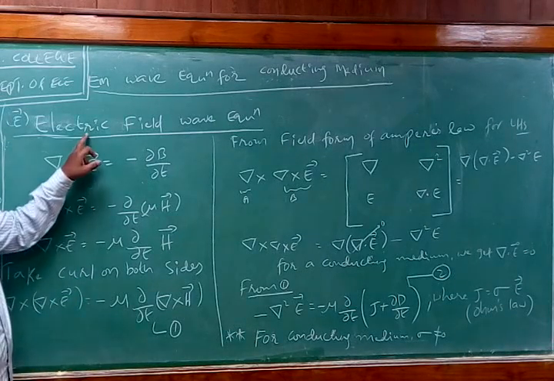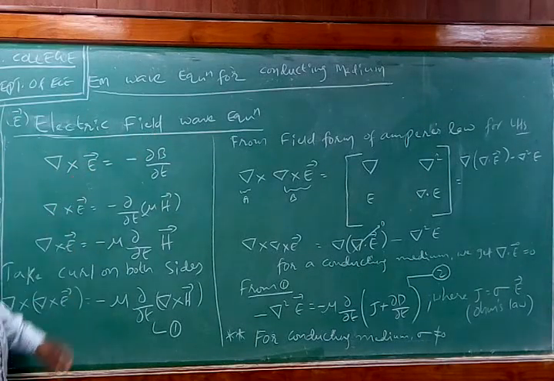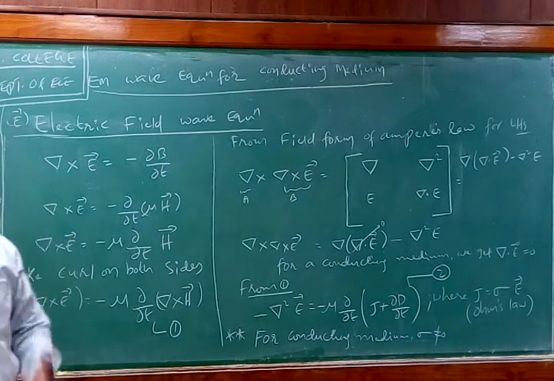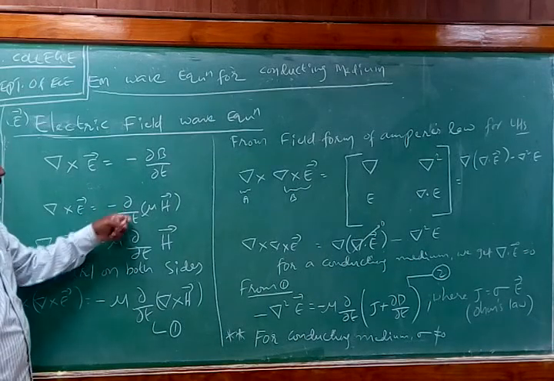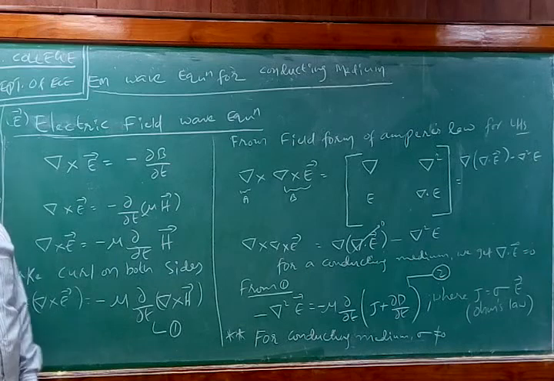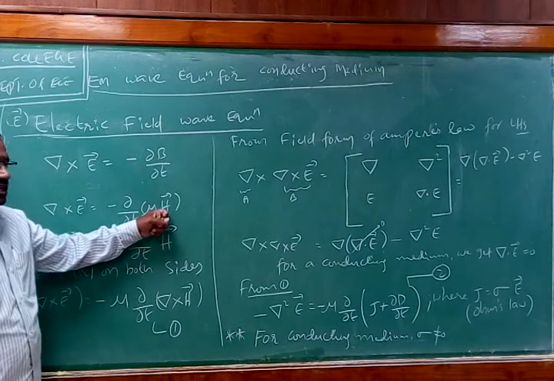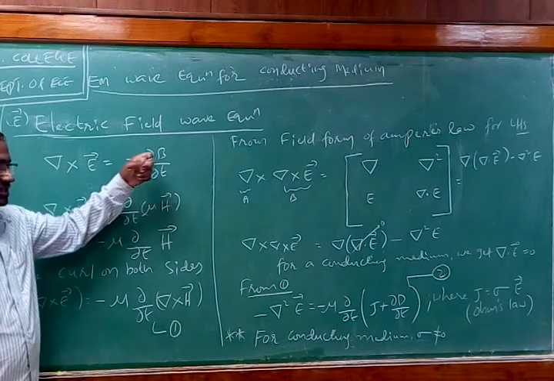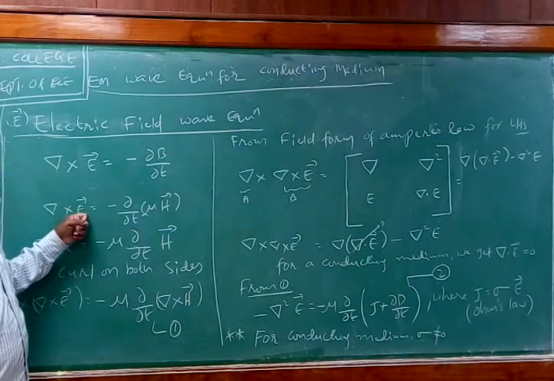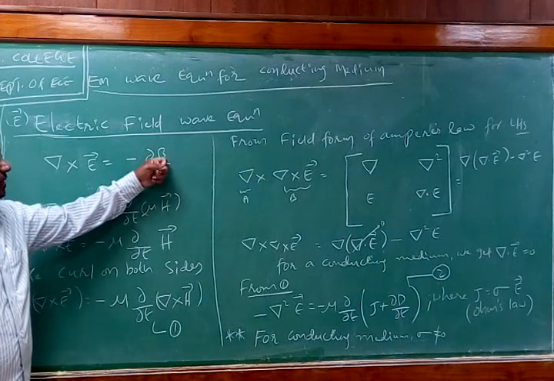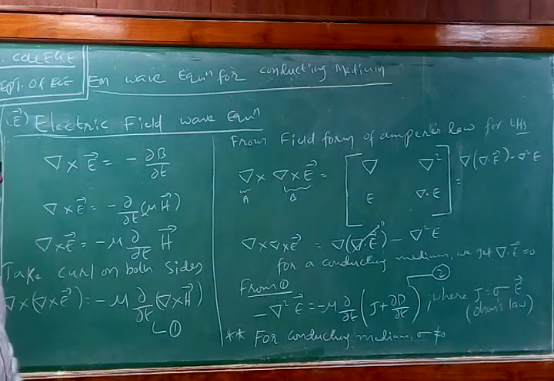When you look for the electric field equation, on the LHS you should have an electric field component. That's what we have to see before we start deriving. So del cross E is equal to minus dou by dou t of B. B is the magnetic flux density, which is equal to mu times magnetic field intensity H. E and H are the actual electric and magnetic field intensities. B is the magnetic flux density, and capital D is the electric flux density.